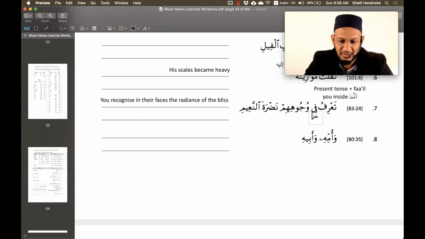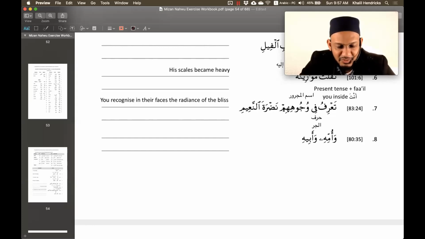Good. So then, what's the next one? What's the wujuhi? Ismul majrur. Good. The wujuhi is going to be the ismul majrur. What about the him? After harful jar, that's why it's wujuhi. It's not wujuha or wujuhu. It's wujuhi. So it's going to be the ism al-majrur. What's next? What's the him? Maf'ul bihi? The him.